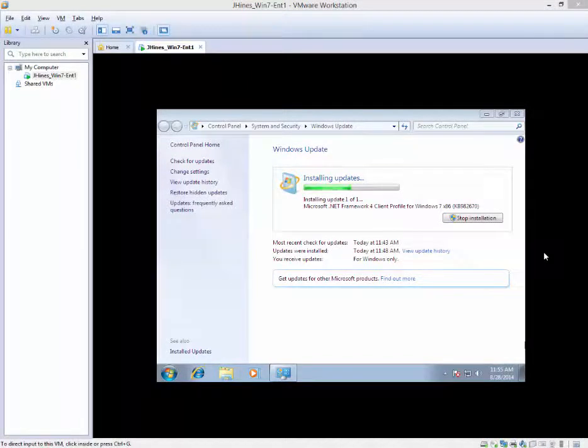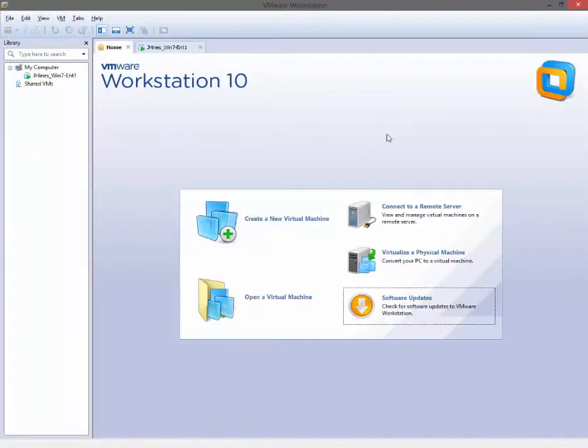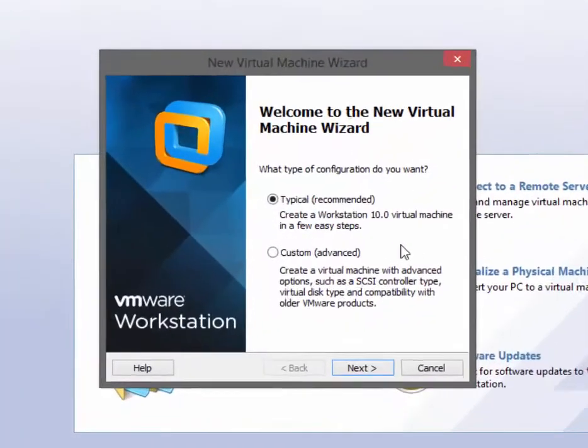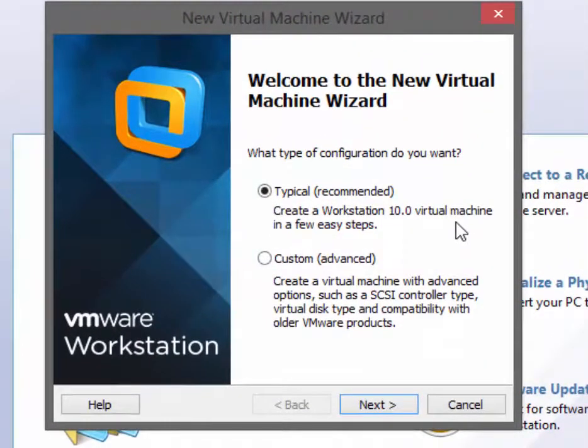Okay, this is the Windows 7 installation that I've done in a previous video. It is doing some updates. While that is going on, I'm going to go ahead and click on the Home tab, and we're going to install Windows Server 2008 R2. So we will go to create a new virtual machine, and as always, we are going to use the typical